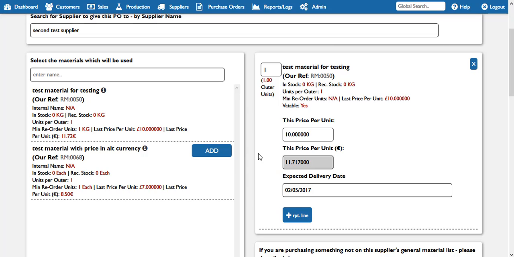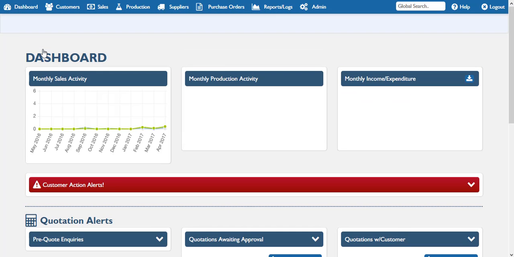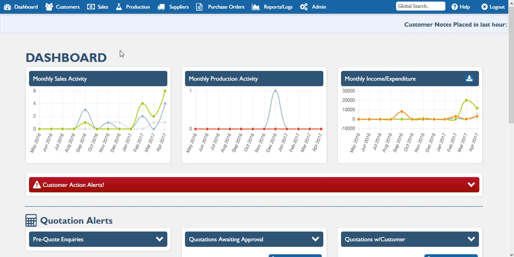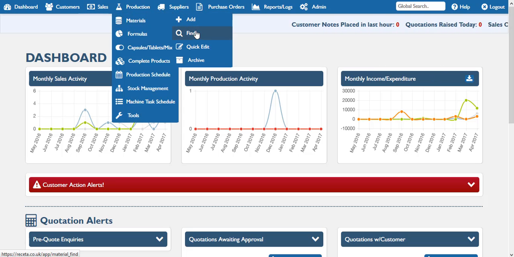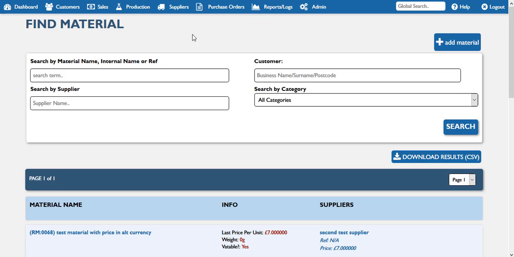However, in many cases, auto-calculation may not be suitable. In many cases, you will have a flat price you have been given by your supplier in that alternative currency, or indeed you have provided your customers a flat purchase price for a C-prod in an alternative currency. So how do we handle that scenario? It's actually very straightforward. If we go into any particular RM, or in case it's a C-prod, which we wish to set manually,